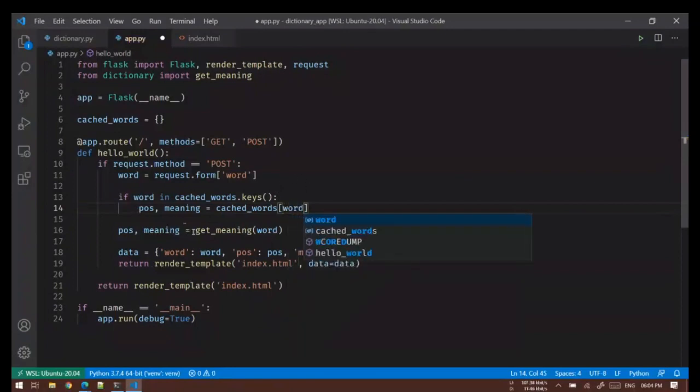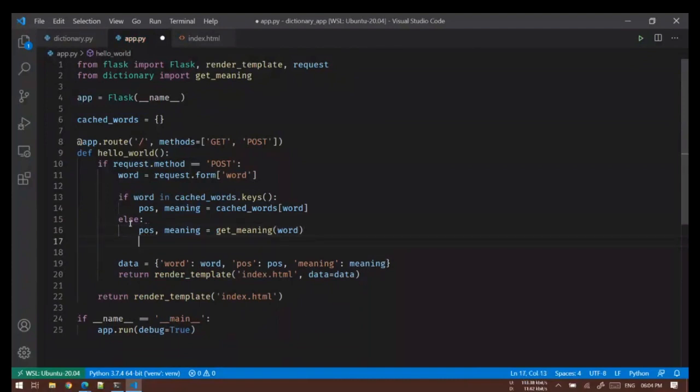That means basically don't call the get meaning function, take it from our dictionary. So we'll directly take it. If it's not there, go in the else section, and here once you have requested the meaning, add it to the cache as well. So next time if somebody requests the same word, we can return it immediately.